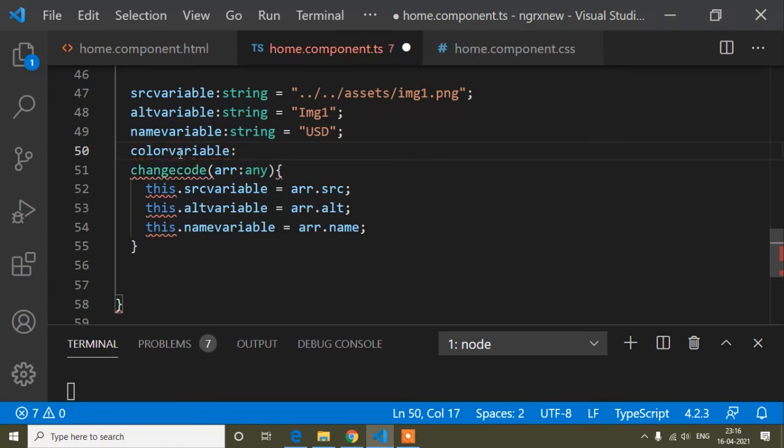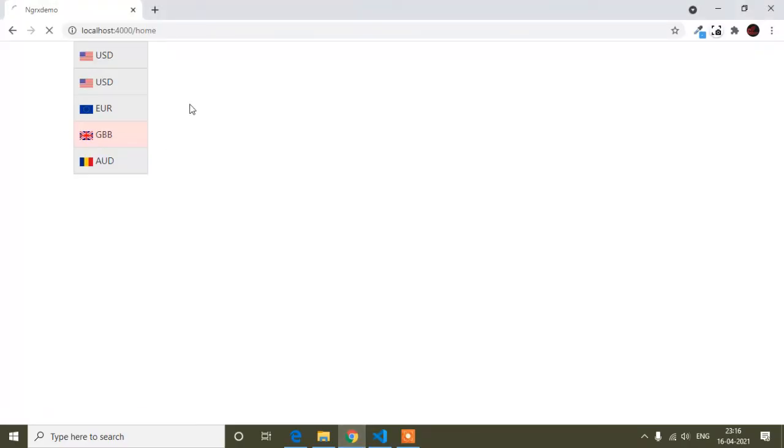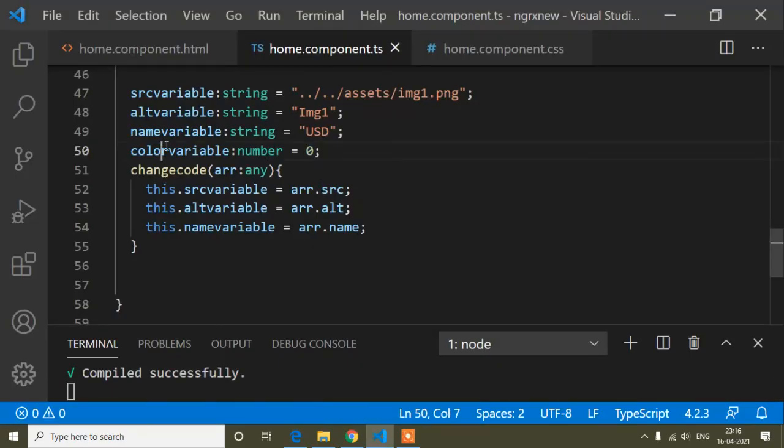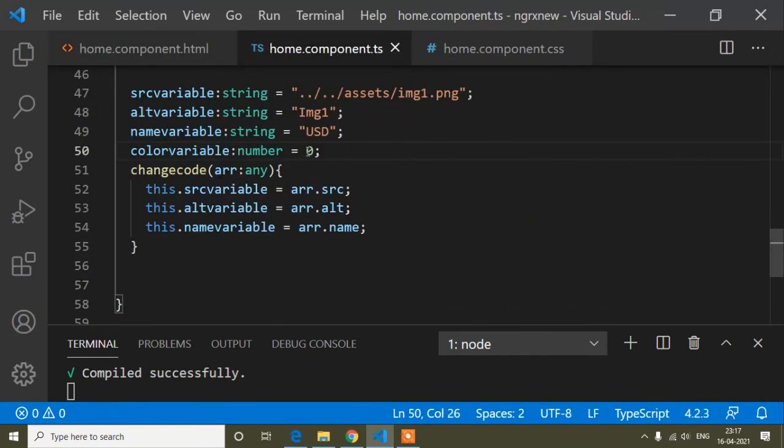First of all, the type is number, and if I bind it this way, the color variable I have set is 0 here. So that time it will be bound the same way. You can see it's default here because I have set this variable the first time as 0, and this variable I called here, where I had written iTPL equals 0, instead of that I have written a variable, and this variable's value is 0. And the same way, if I write 2, it will be selected here the same way.